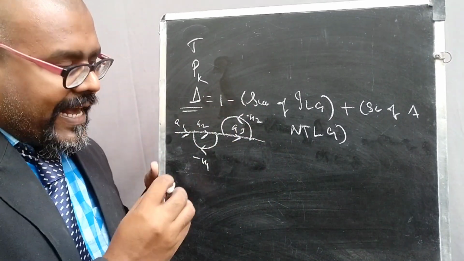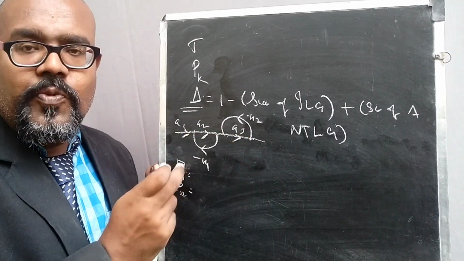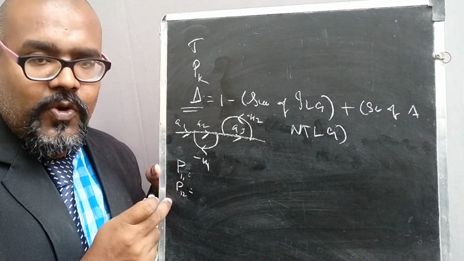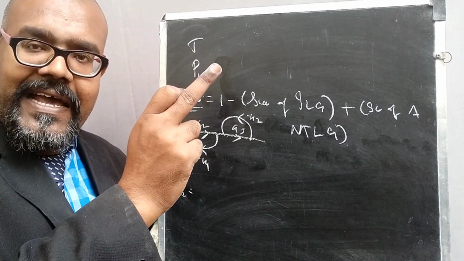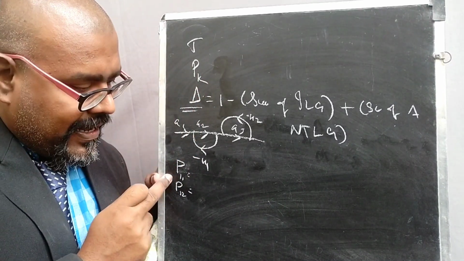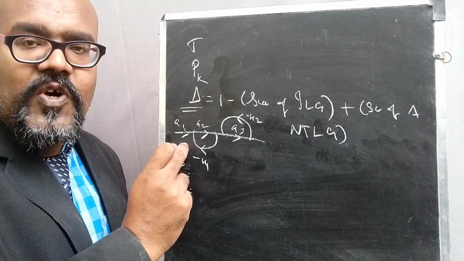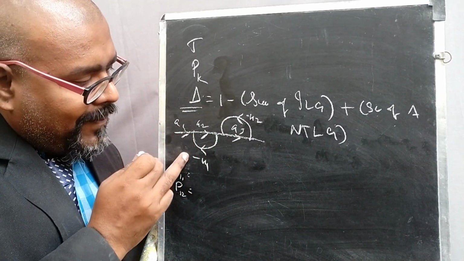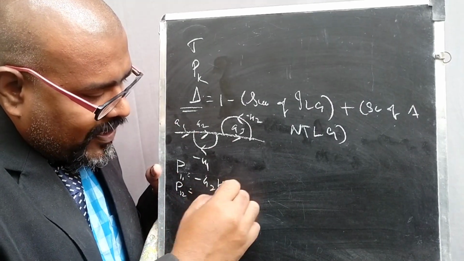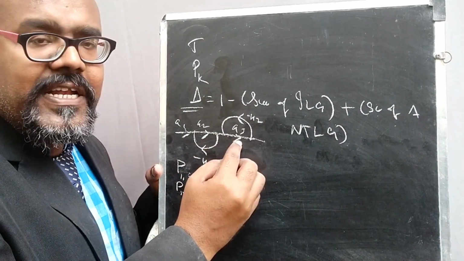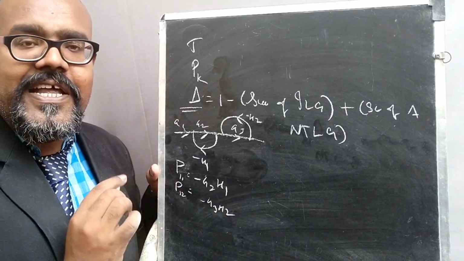The individual loop gain calculation is P11, because it has two different loops. That is what I am indicating, P11, P12. Why am I not putting only P1, P2? Because P1 we already used in the forward path gain calculation. That is why I am putting two suffix numbers, P11 and P12. So here P11 is nothing but the first individual loop gain. The loop gain calculation is to multiply: minus G1, minus H1 and G2, so minus G2 H1. This is the loop gain. And this individual loop gain, that is P12, is minus G3 H2. This is the loop gain calculation.